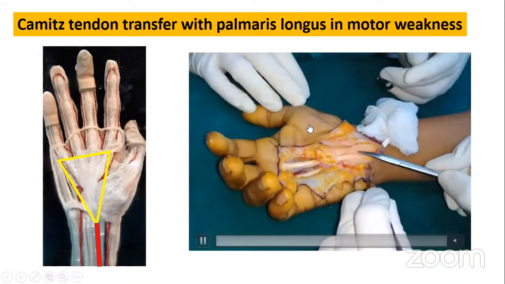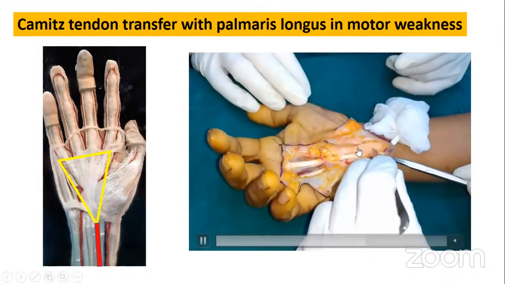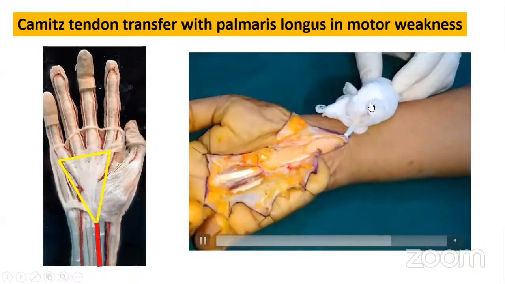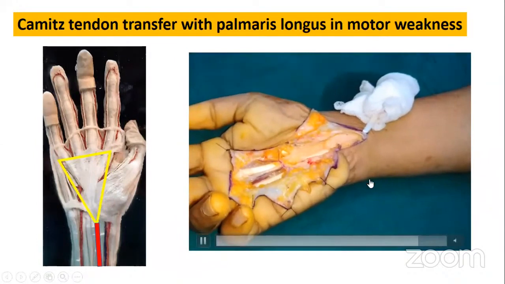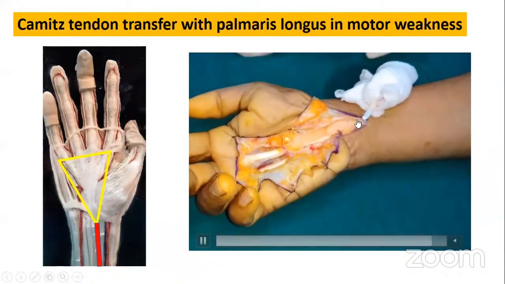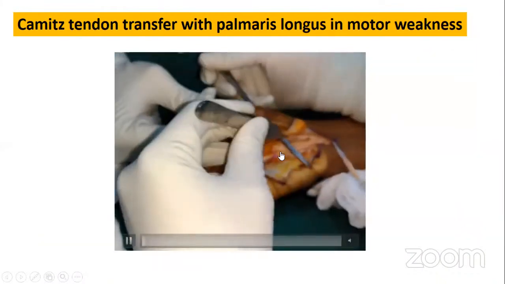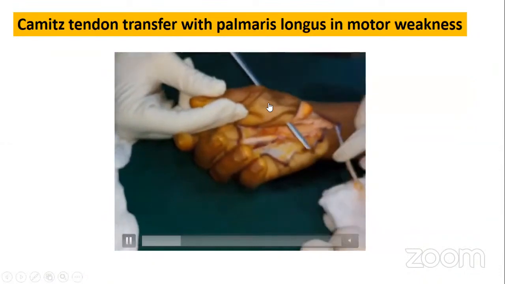This is the wasting you see in this patient, right? So you'll have to plan this beforehand. Already we have taken this graft along with the aponeurosis. We have just extended this like this here, and this is the carpal tunnel. So you have to harvest the graft first, and then do the carpal tunnel release, and then you pass this graft along the